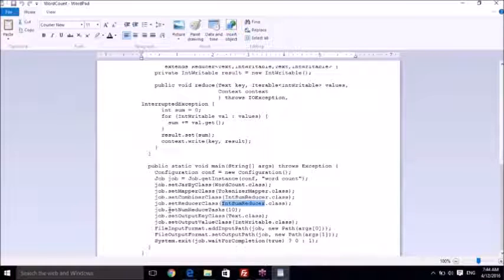Now here I have set the number of reduce tasks equal to 10. Now I don't know whether I told you this or not, we cannot set how many mapper tasks are going to run. That totally depends on the input size of the data. Okay, but what we can do is set the number of reduce tasks, and that's what I have done